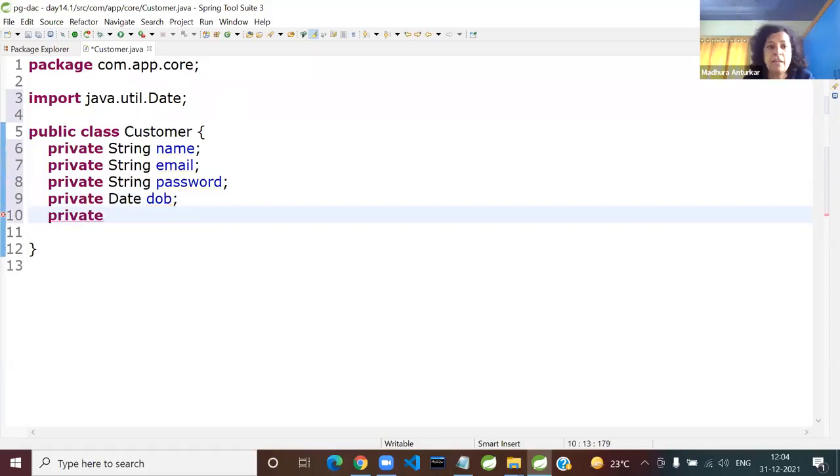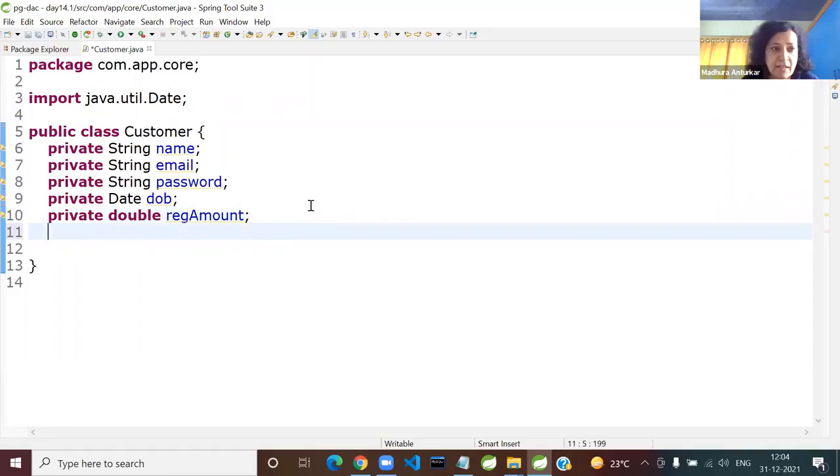And let's say name, email, password, date of birth. Anything else I'm going to require? Some registration amount. Suppose user wants to register to your website, so registration amount. I'm not even adding any enums such as customer types, customer plans chosen. Idea is to only focus on the sorting part.